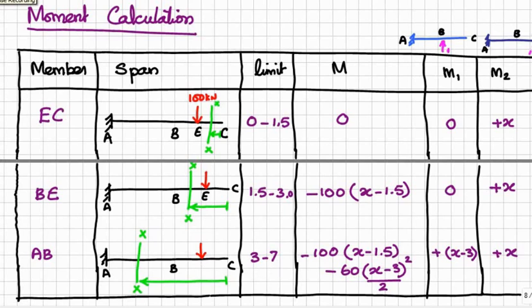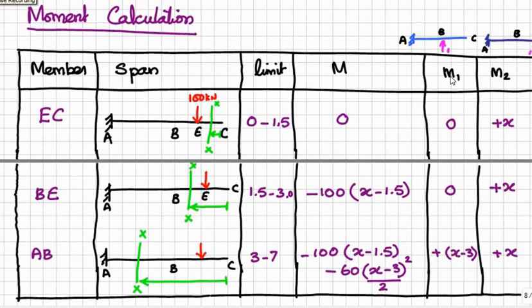And we have two external loads: one is the point load, which is 100 kilonewton acting downward, and the part of the UDL acting downward. Therefore minus 100 into the distance, that means x minus 1.5 meter. Then minus 60, the intensity of the UDL, into this distance. This is x, and from B to C is 3 meter, therefore x minus 3 will be the distance between B and the section. Therefore, the term is (x minus 3) into (x minus 3) by 2.